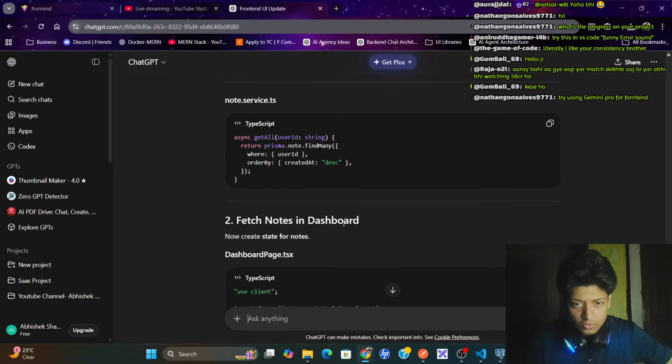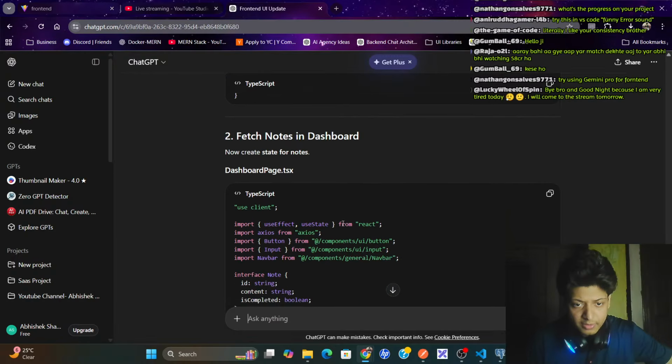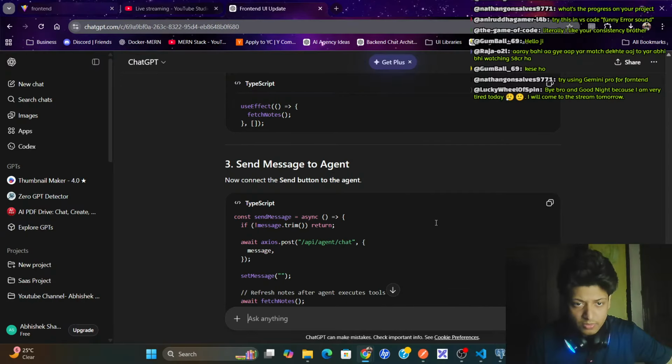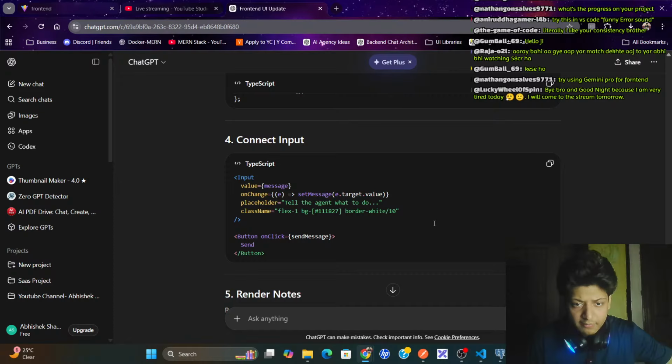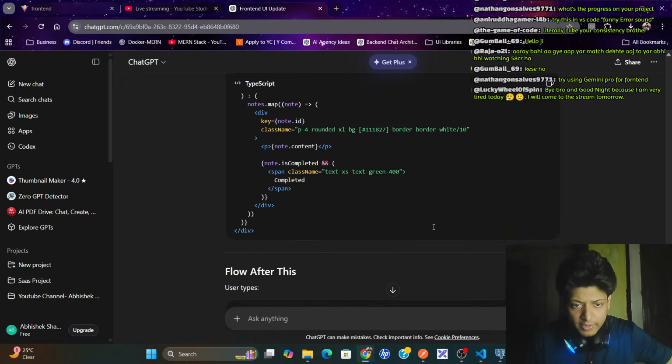Node service get all nodes. All right. Then fetch nodes in the dashboard. Send message to agent. Connect input. Render nodes. Okay, fine.